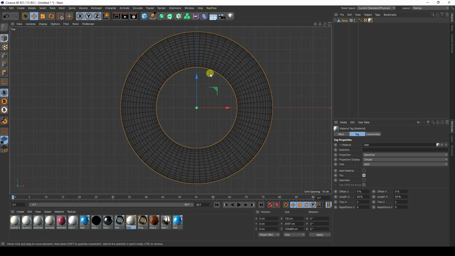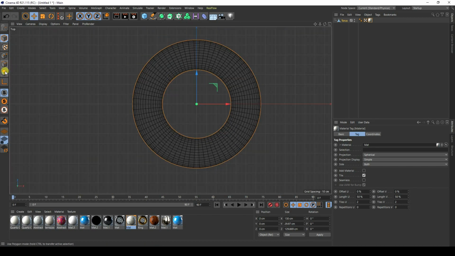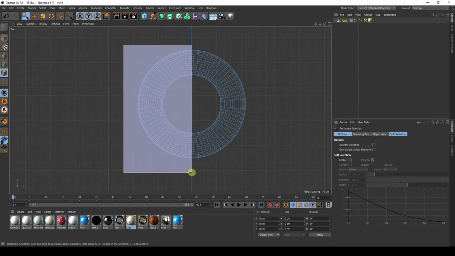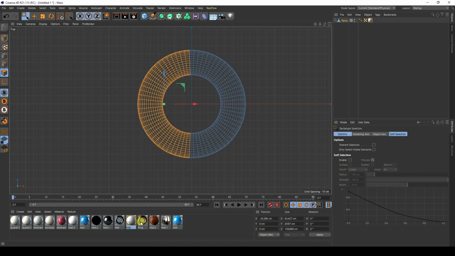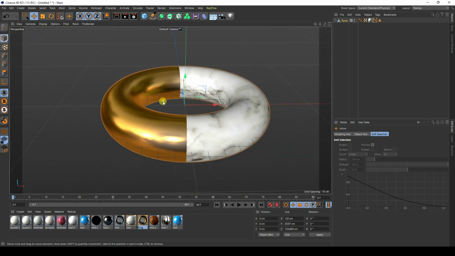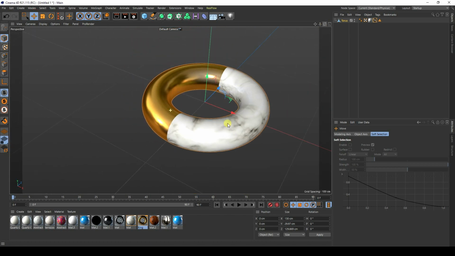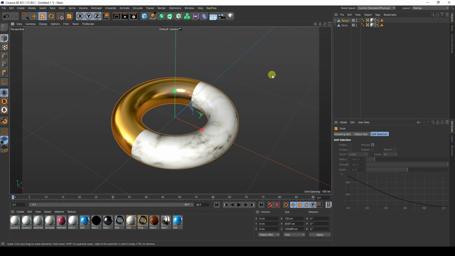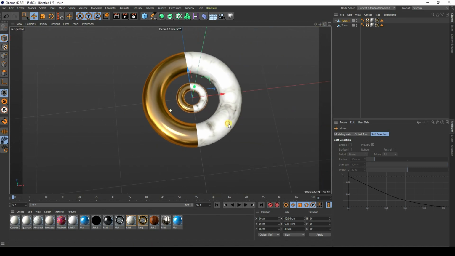Okay, so again, I go to the top view panel and selection, half selection. Selection like this. And apply gold material, simple, right? See guys, it's really good, right? Okay, so now guys I take one more torus, so press Ctrl C and V, copy, and scale tool and make smaller like this. See guys, that's my simple objects.